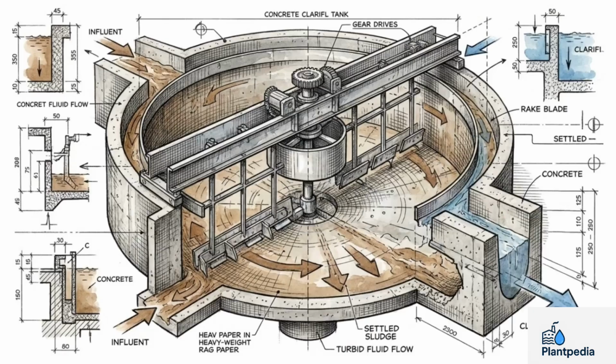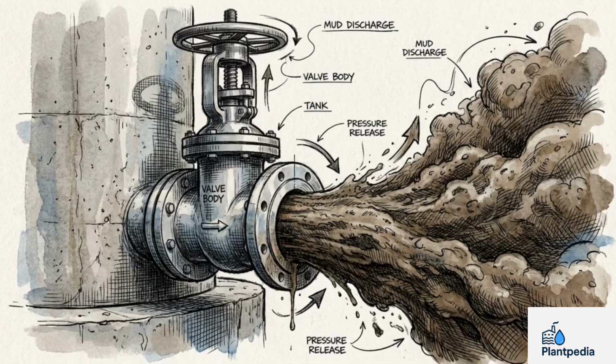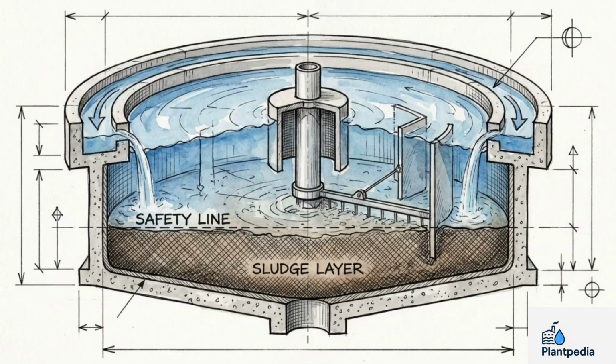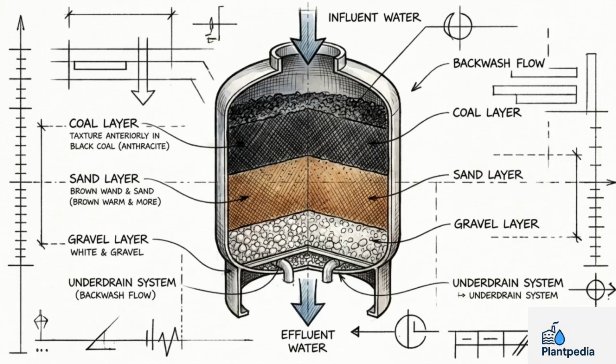The first line of defense is the high-rate solid contact clarifier, or HRSCC. Operating the clarifier requires strict optimization of coagulant mixing speeds to build heavy flocs. You must also manage bottom blowdowns aggressively to ensure the sludge blanket never rises high enough to overflow into the downstream process. Water then flows to the multimedia filters, which are designed to catch the fine suspended solids that escape